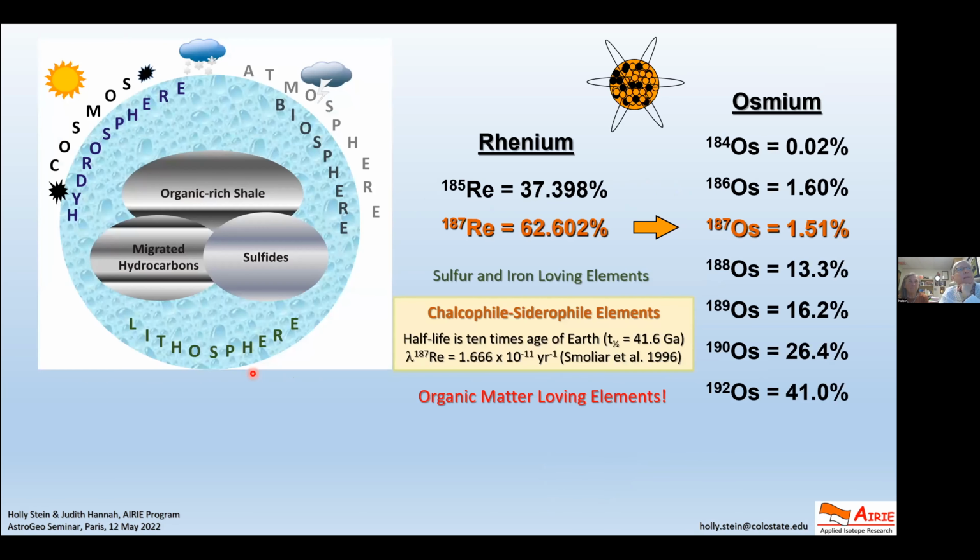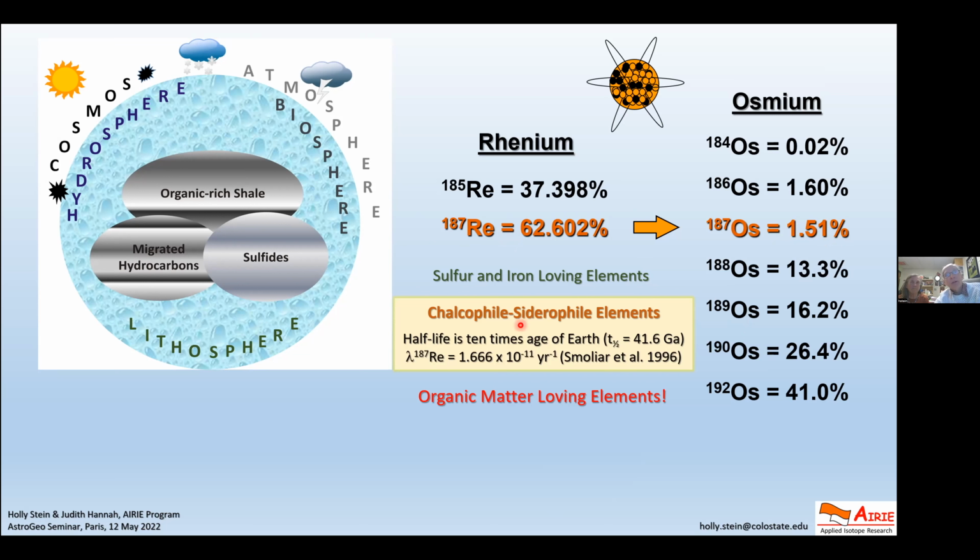Okay. And I kind of talked a little bit about this, but very briefly, there's 2 isotopes of rhenium and 7 isotopes of osmium. And what I mentioned is that this is the clock by decay. 187 rhenium decays to 187 osmium, which in the whole bulk Earth, or like a meteorite, is a very small amount of the total osmium. So if you have high rhenium in shale, it's very easy to increase significantly the mole fraction of the 187 osmium in the total osmium content.